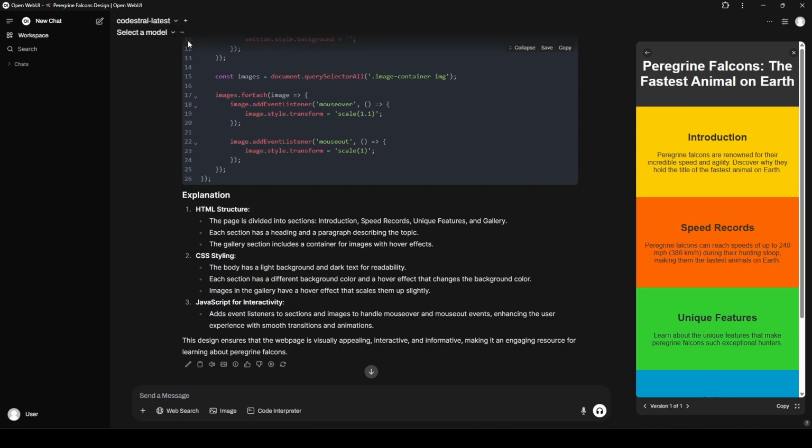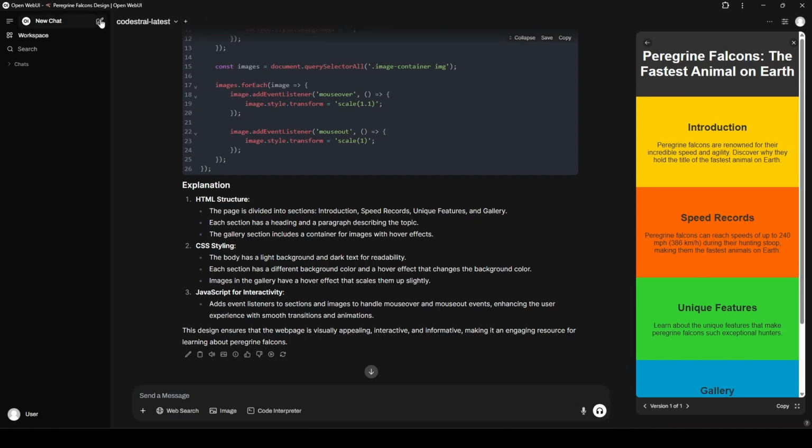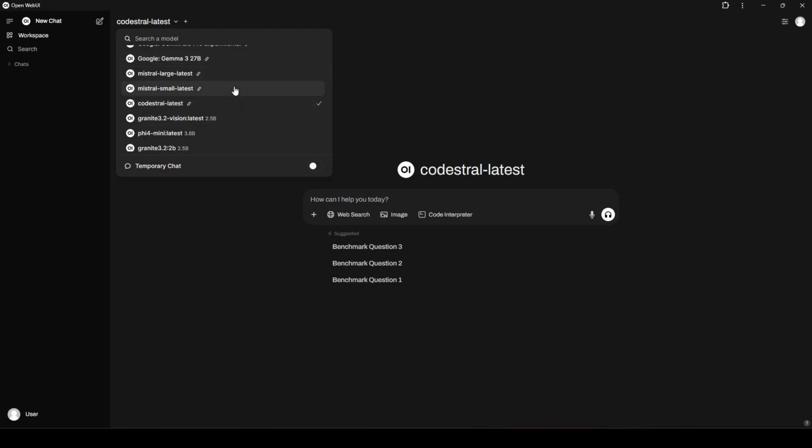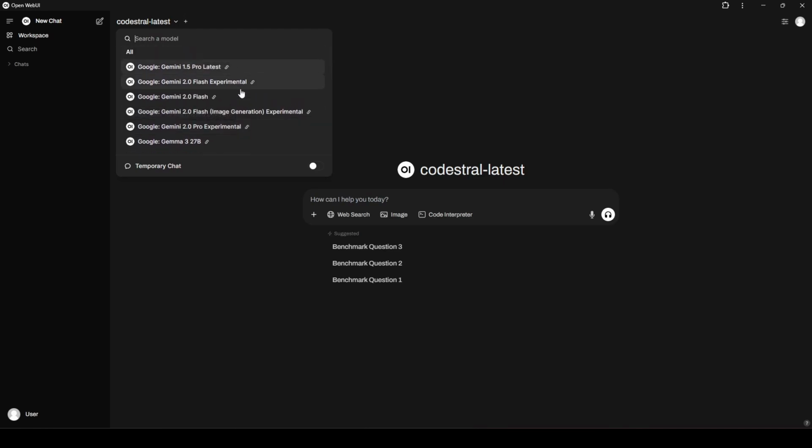The next thing that I might use is, I really enjoy using Mistral Small and Large for general feedback on things. So if I have a general question, or I generally just need to chat with an LLM, but I don't need to keep it private, let's say I need to use a really, really big model, then that is the type of case where I would go to Mistral Large.